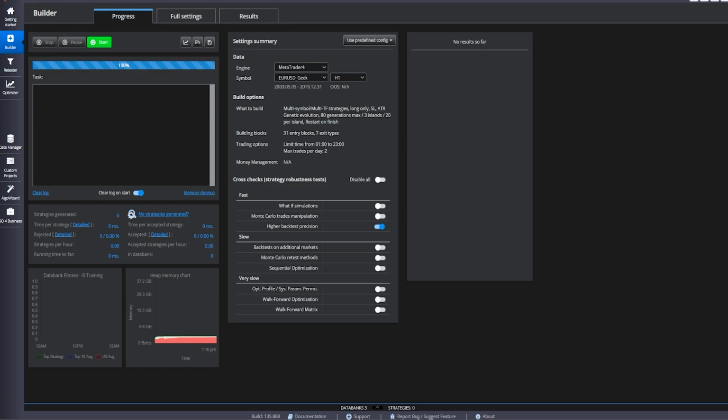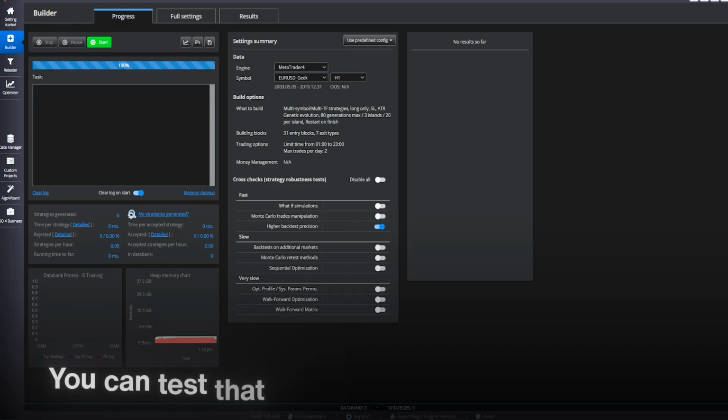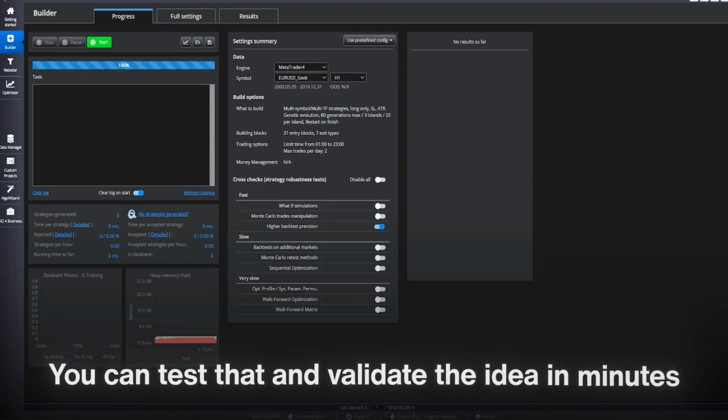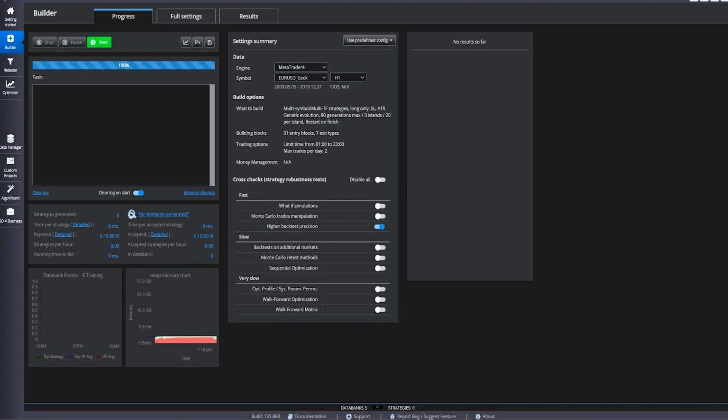But imagine how much time has been saved because you did that algorithmically instead of manually. It would probably take you days and days to do it manually if you wanted to test that strategy over the past couple of years. With SQX and with algo trading in general, you can test and validate the idea in minutes. So it's good for testing ideas.